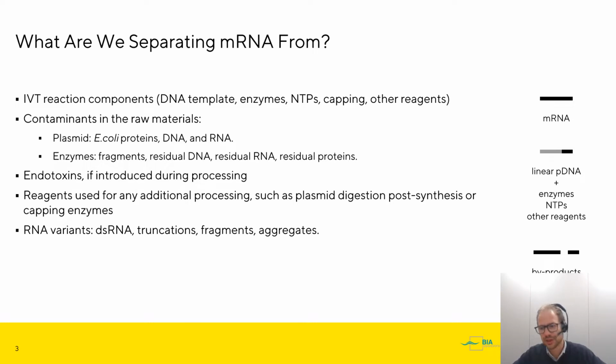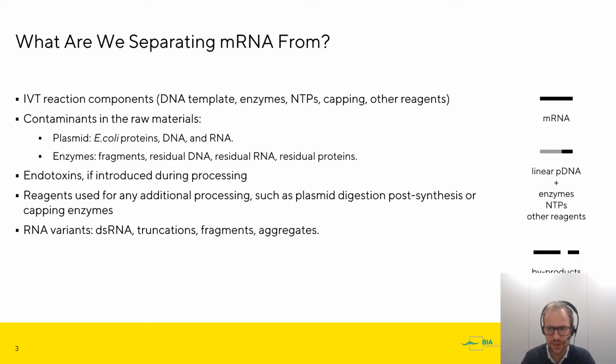There may be impurities coming from the raw materials such as enzymes or other reagents. There may be endotoxins still present from the E. coli host cell. And last but not least, there are product-related impurities: double-stranded RNA, truncated species, fragments, aggregates, and other